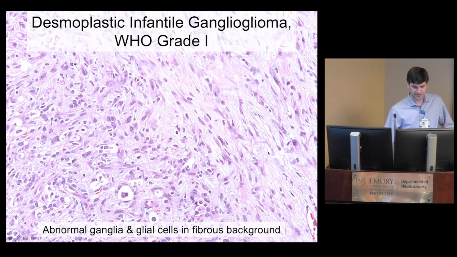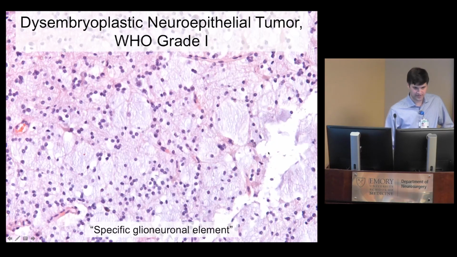But the desmoplasia is really what strikes you in a DIG. DNTs are also grade 1, okay? So these have very small pinpoint tumor nuclei. There's a whole lot of them. And they group up around axons and they group up around vessels. And when they group up alongside those axons or vessels, they look a little bit like